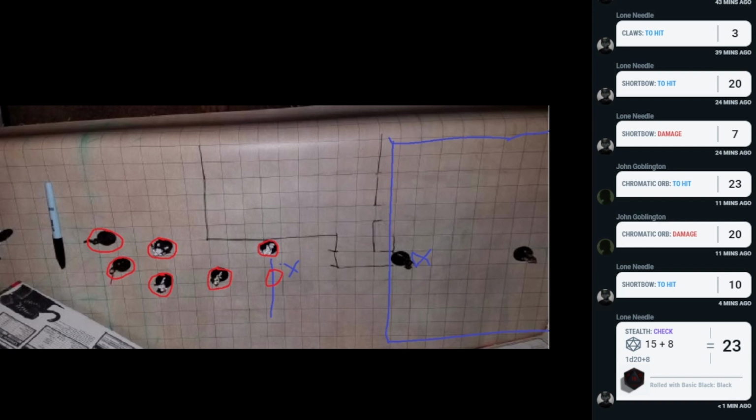How far can I get from where I am? From where you are, you could actually get to the entranceway and still have enough to be able to step to the side. So you were where Ava was originally. Okay. So I could get to the entrance, do something, and then step to the side. Yes. Okay. I am going to walk to the entrance, and then I'm going to